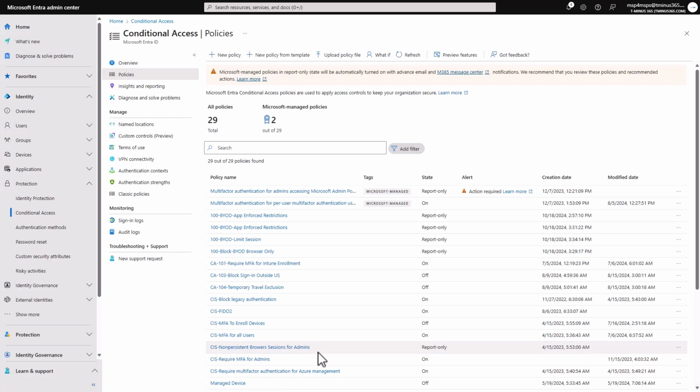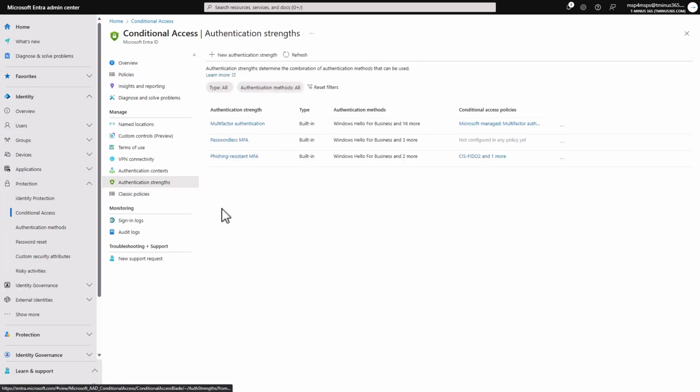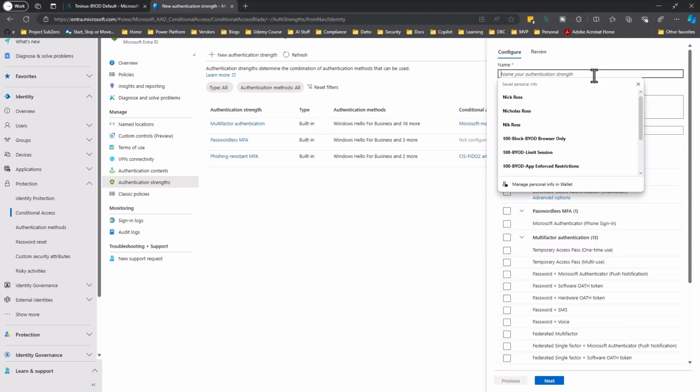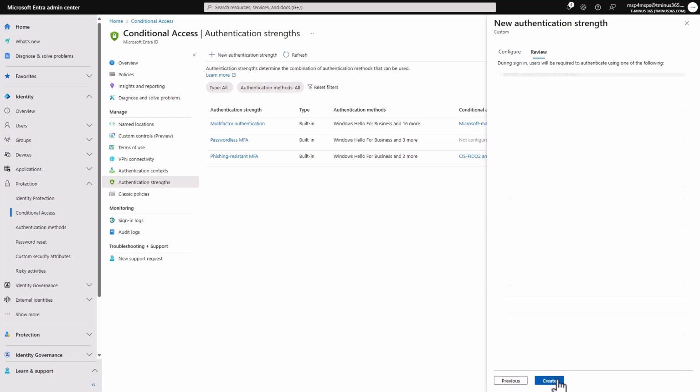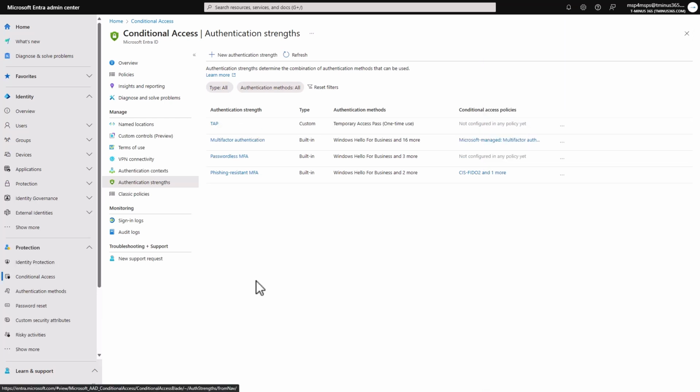This one's a little different because within Entra, we want to go into authentication strengths first, and add a new authentication strength. We're just going to call this TAP. And within here, I'm going to say that this is a one-time use temporary access pass. We're going to go next and create. Take note that after you create this for the first time, it does take a couple of minutes to propagate